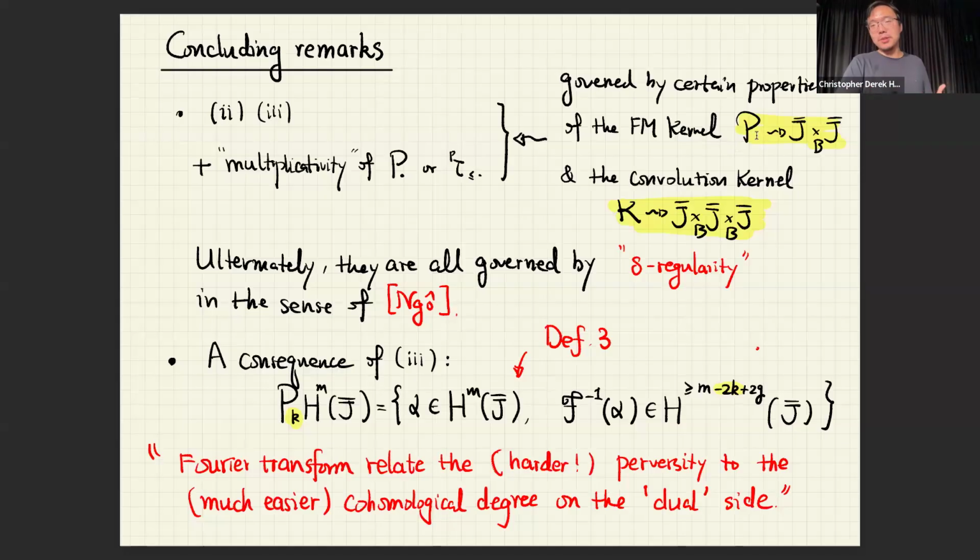The difficulty is that we do not know too much about this Arinkin sheaf, except its existence. But ultimately, we reduce all the properties we need to a single geometric property, which is that the abelian fibration we consider is delta regular. This is a concept introduced by Ngô in his fundamental lemma paper to study the decomposition theorem. By much work in the last decade, people have found this to be a fairly general setup for studying Lagrangian fibrations. Delta regularity is exactly the geometric input which makes all these tautological relations hold. If you're interested in more details, we can talk afterwards.